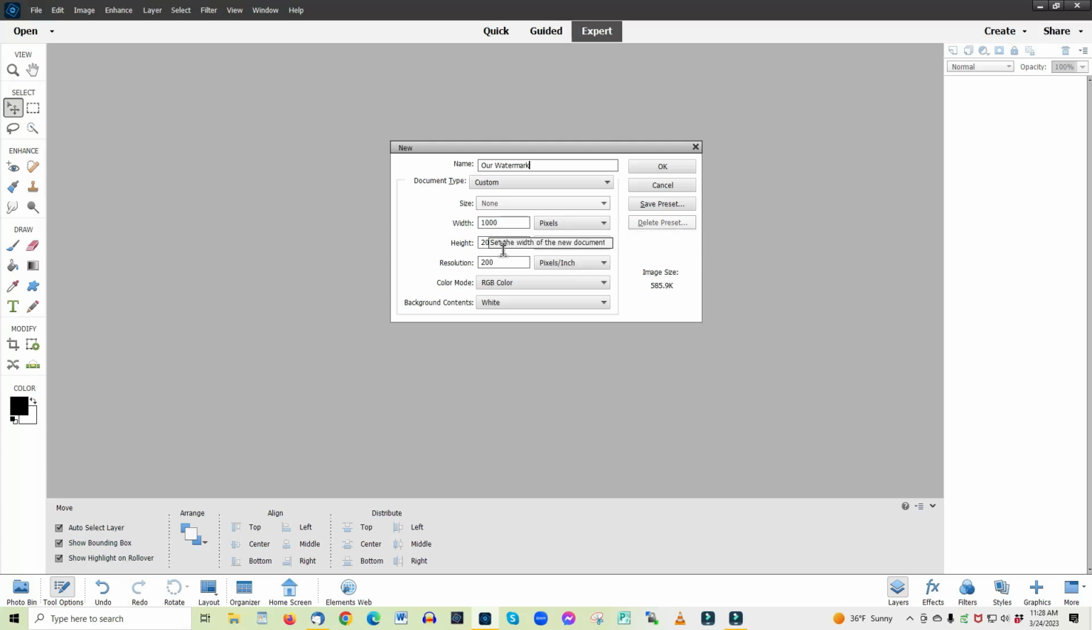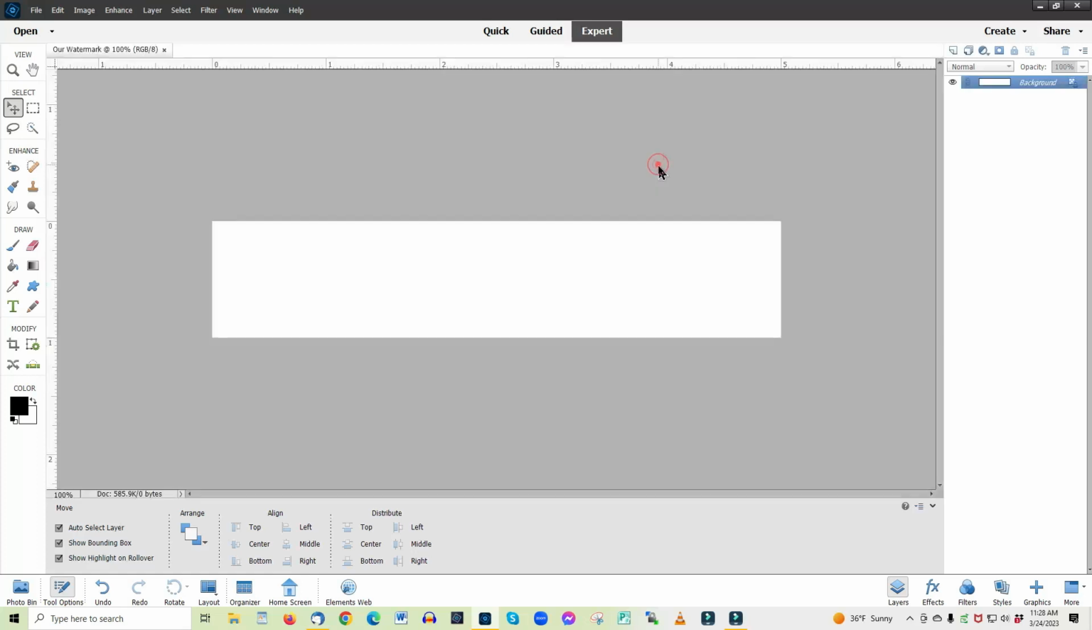So 1000 by 200 gives us a decent size for just most any watermark we'd want to type. 200 for resolution is fine. White for the background is fine. So hit OK. We've got the area to type on, but first